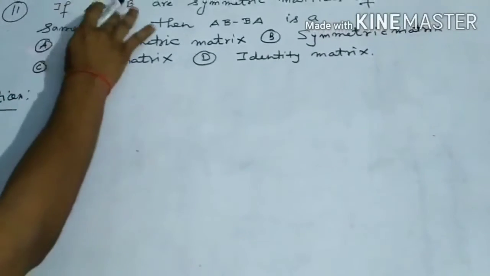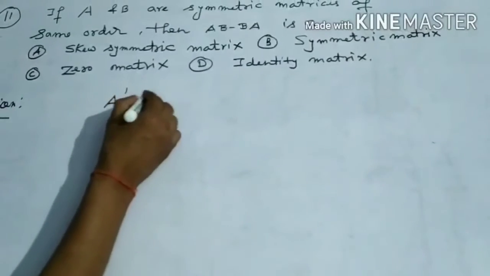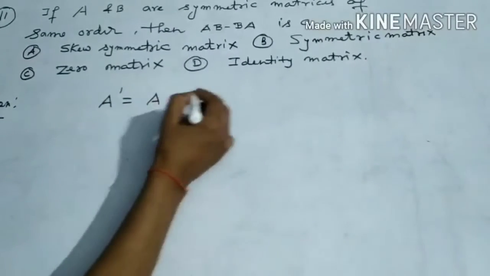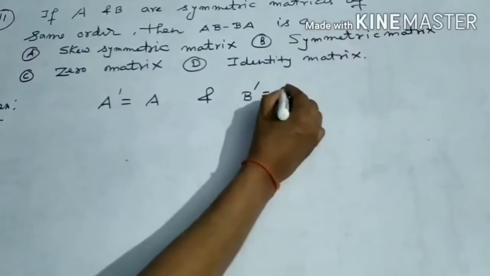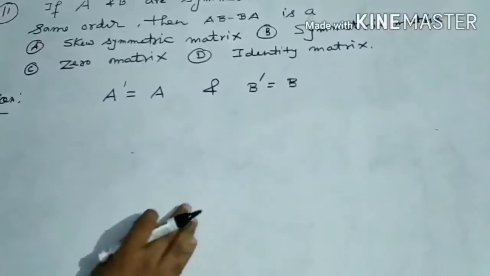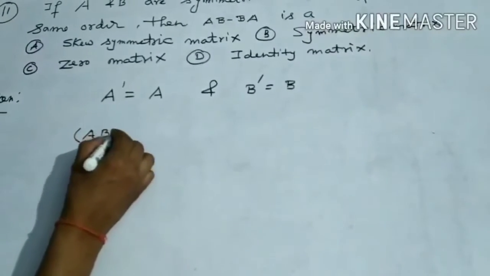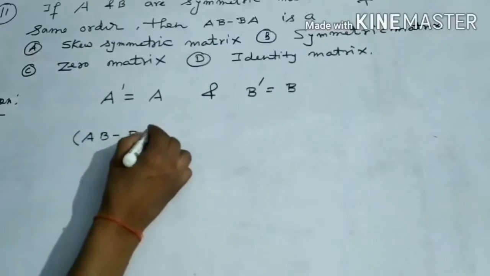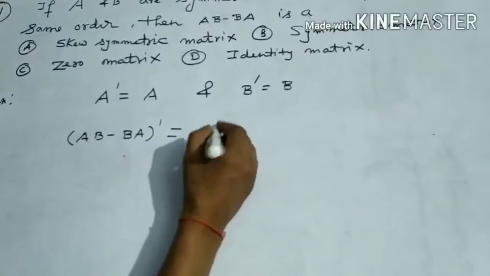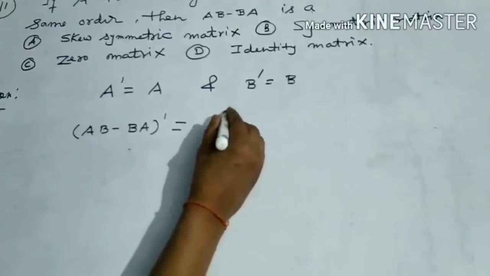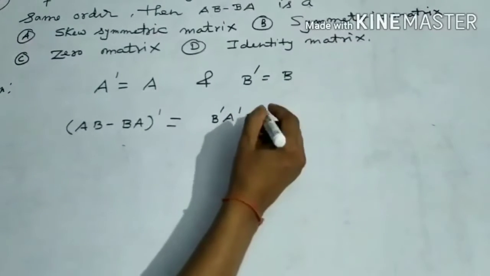What is given? A and B are symmetric matrices, which means the transpose of matrix A is equal to A, and the transpose of matrix B is equal to B. Then we want to find (AB minus BA) whole transpose, which is equal to B transpose A transpose minus